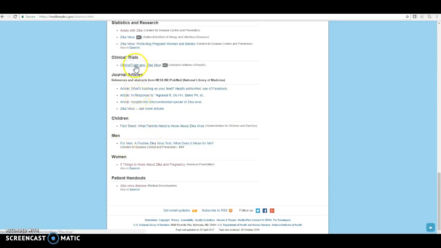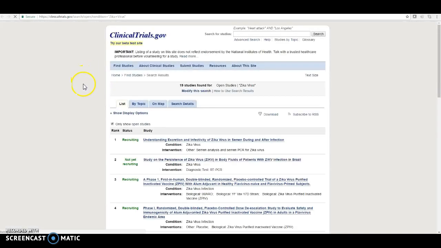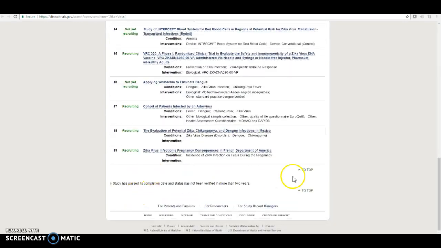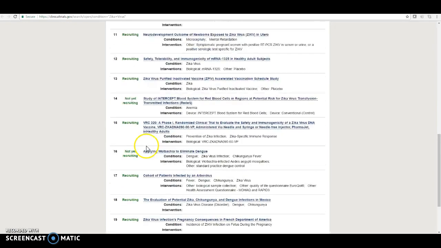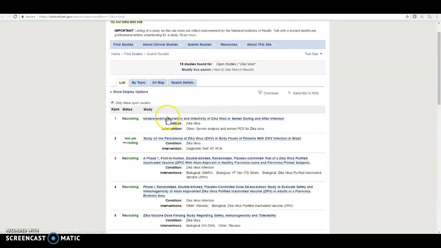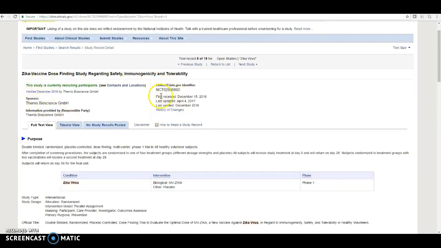And so let's say, well, I want to know more about those clinical trials. Well, okay, you just click on clinical trials. And right down here, it's going to show you what studies are open, where are we recruiting, what's coming but not yet recruiting. And if we go down further, we can also see, well, it looks like everything so far here is in the recruiting phase. So you would just click and let's go ahead and just open up Zika vaccine dose, and let's take a look at that study. And so I would come here, and there's all the information I could ever want to know about this particular study,